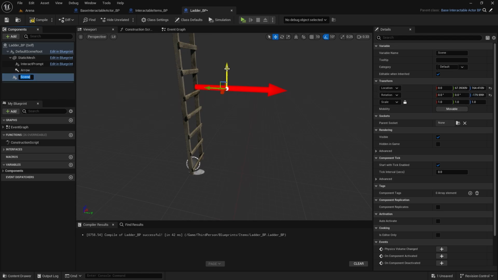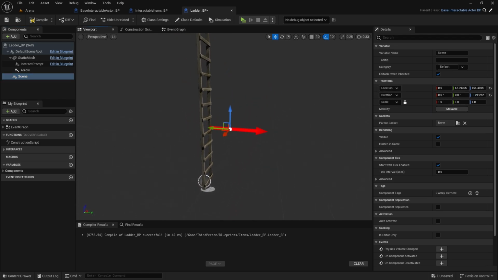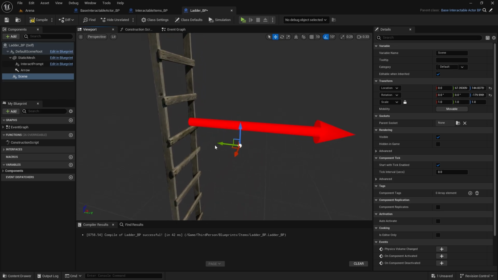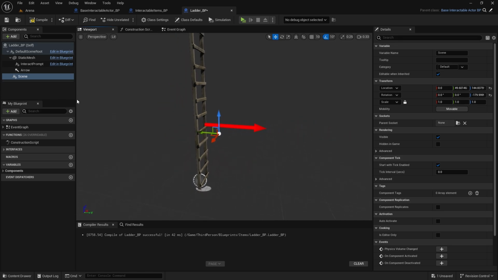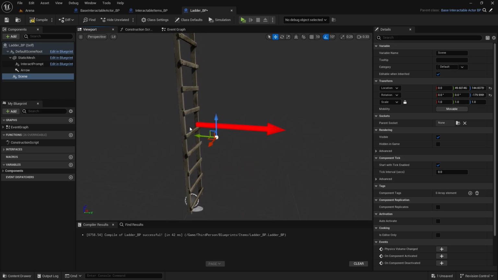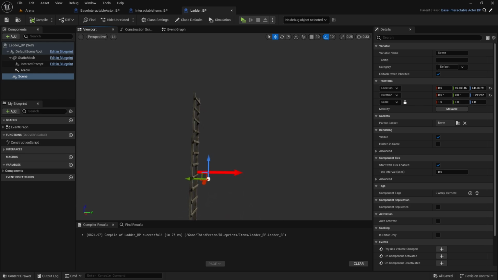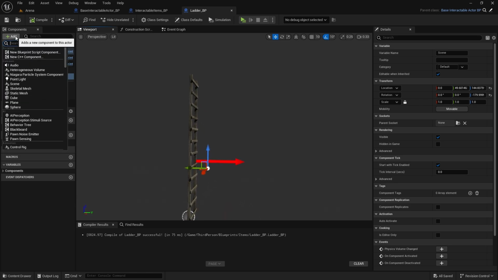and then don't move it that high, just about the height of the player, because otherwise the player will try to find the space. We'll basically move him here eventually, so somewhere here, and then we can just position him based on this scene to be directly in front of the ladder. So compile and save. And then one last thing we can do is add a box collision,